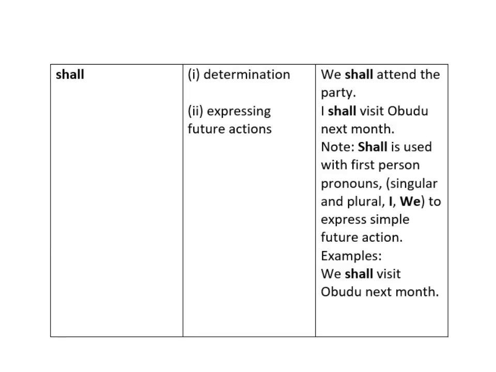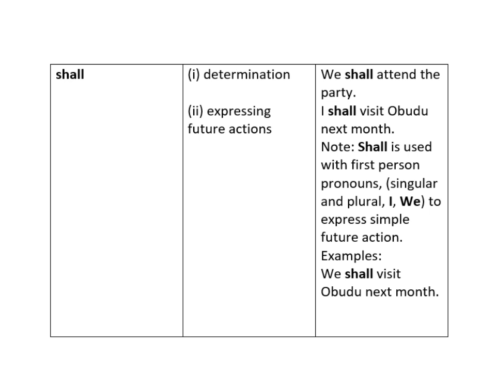Then shall. It shows determination and expresses future actions. Let's look at the examples now. We shall attend the party. That shows determination. Then the example expressing future actions: I shall visit the museum next month. Note this, shall is used with the first person pronouns, that is singular and plural, I and we,